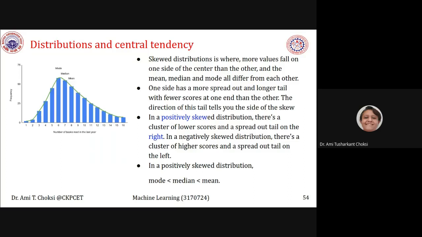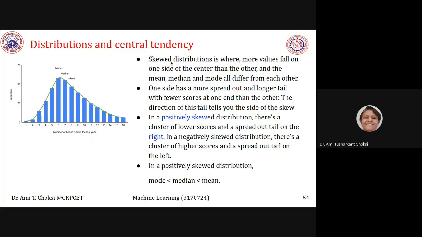Now skewed distribution. What is that? Skewed distribution is where more values fall on one side of the center than the other. And the mean, median and mode all differ from each other.